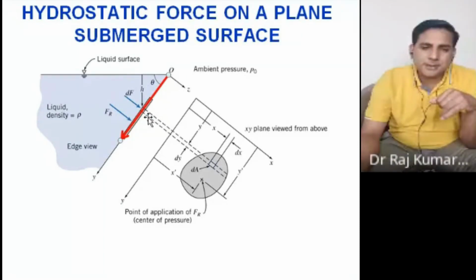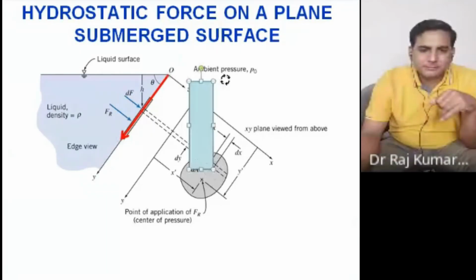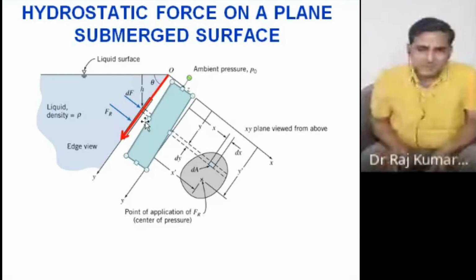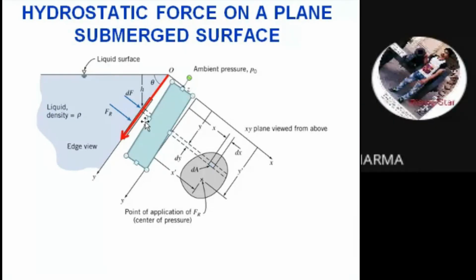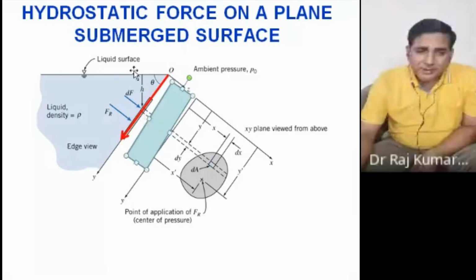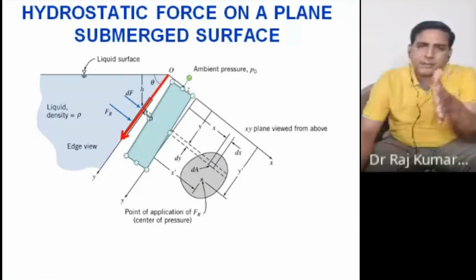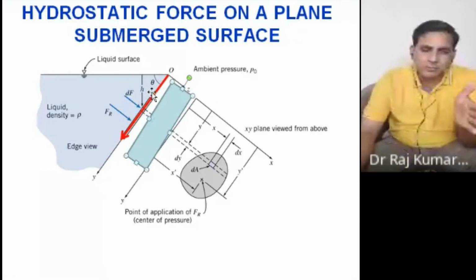And this point is L by 2 of the rectangle, in case of the rectangle here, because you have this rectangle, something like that. So where will the centroid of the rectangle sit, tell me? Just L by 2. Give some answer, sir, because this is the most important part. So L by 2 is the centroid here. So if you want to calculate how much this is from the vertical coordinate base, the vertical coordinate is L by 2 sine theta. So that is the centroid coordinate from the free surface.